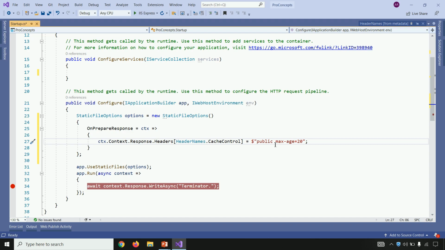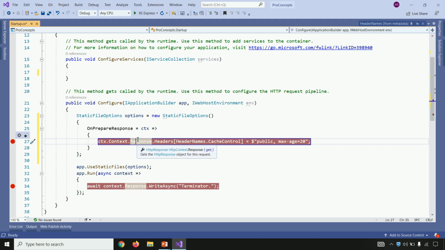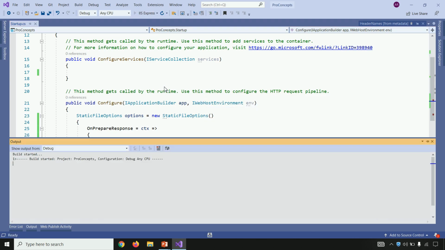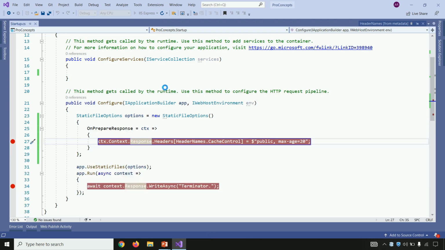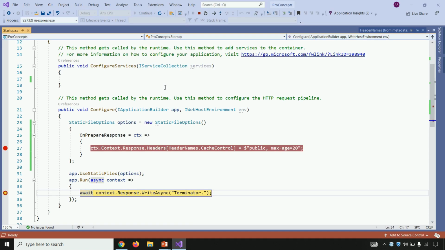Let's place one breakpoint within the Run middleware and the other one within our options. Let's run the program. First, we are using Chrome.